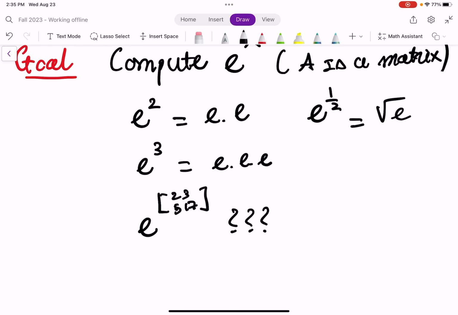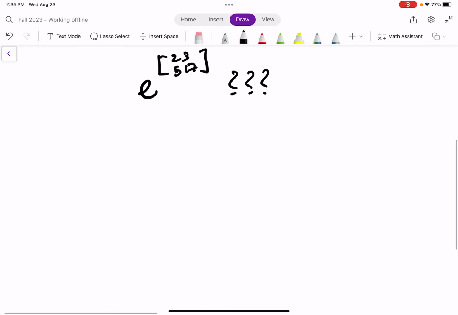Well, there's a brilliant mathematician. His name is Taylor. And according to the Taylor series, we can use the beautiful characteristic of the series to compute this. So let me go ahead and write it down. What did the Taylor series say? According to the Taylor series,